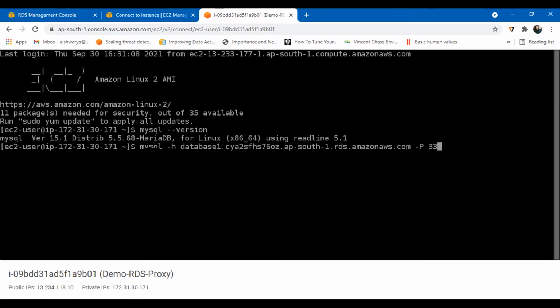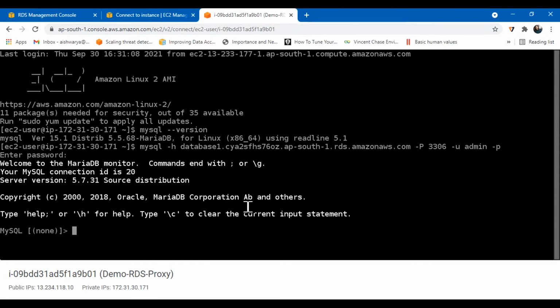First the endpoint, then the port, and then the username, which was admin in my case, and then the password, which we will enter next. So the password I will enter here, and I have successfully established the connection to my database that I created earlier. That was database-1.